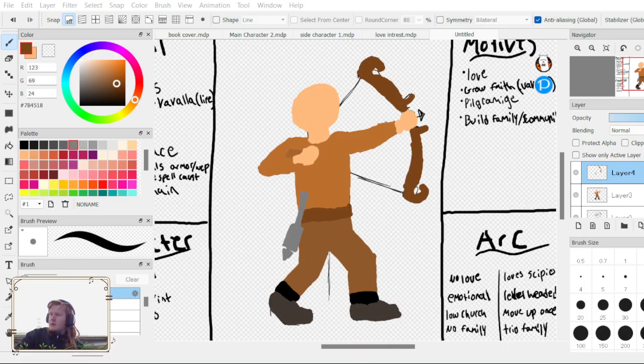Let's put that there. That there. Alright, we want leather armor drop. There we go.